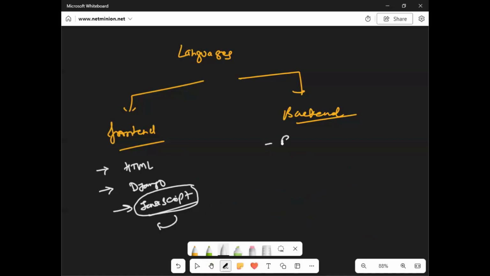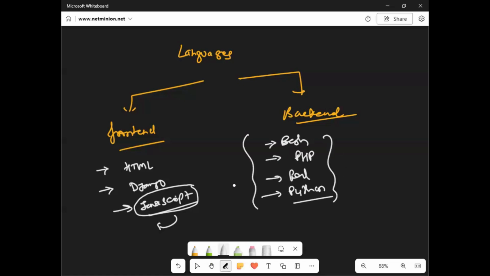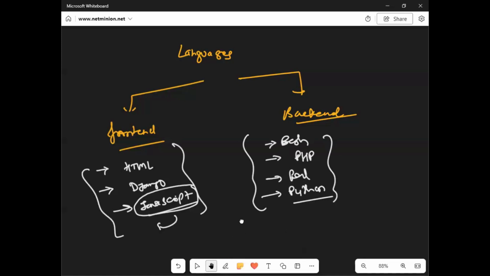Back end languages are a bit like your Bash, Shell, your PHP, because PHP is helpful for your presentation in the HTML format, but it will act in the back. A bit like your Perl, Python. So these are backend. So when I am saying backend language, you need to understand one thing. I was talking about one program in the morning.